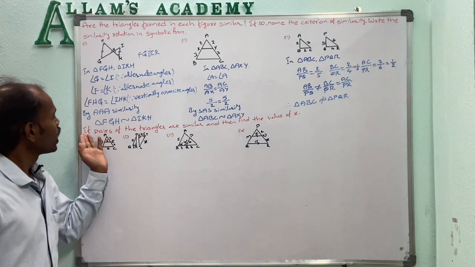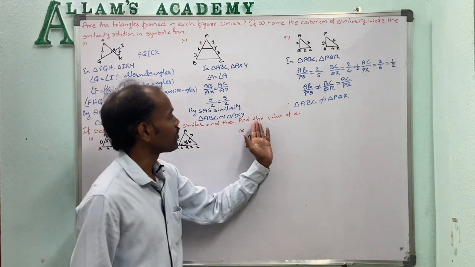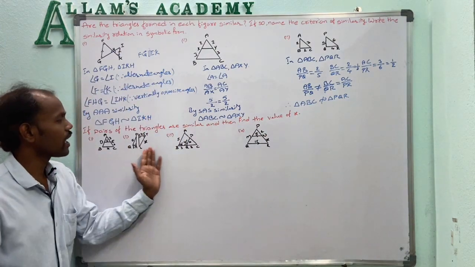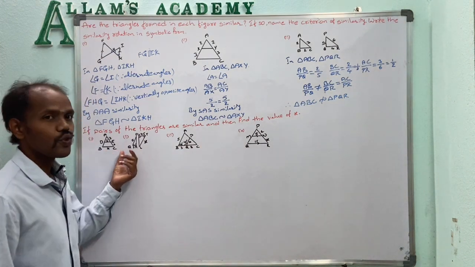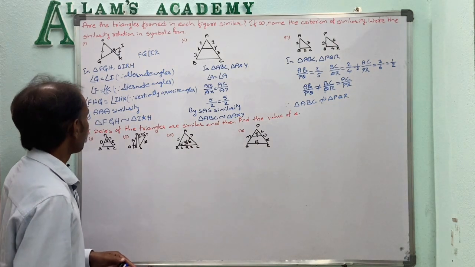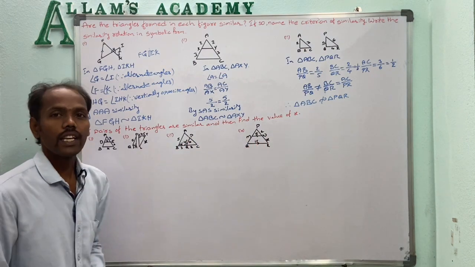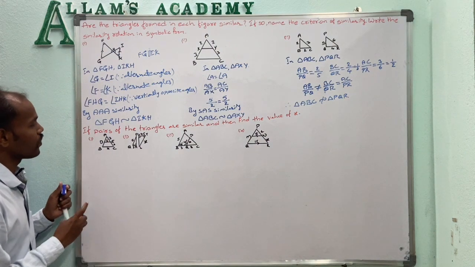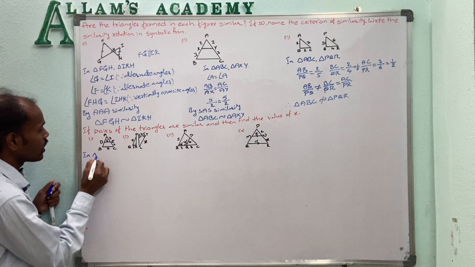Here, given that pairs of triangles are similar, find the value of x. All the triangles given are similar. Using their similarity, we have to find the value that is not given, that is x. Okay, in the first problem, if we observe, two triangles ABC